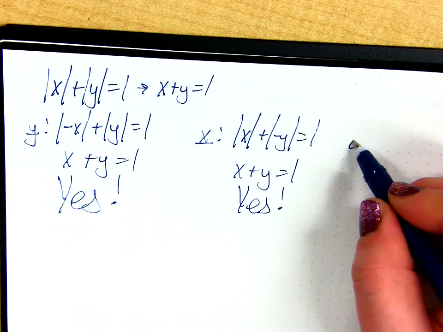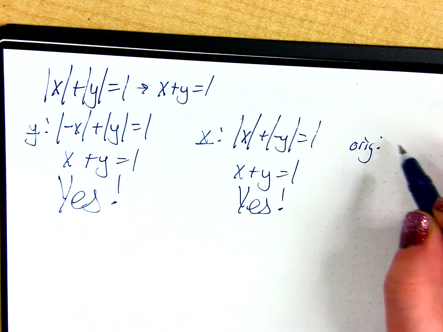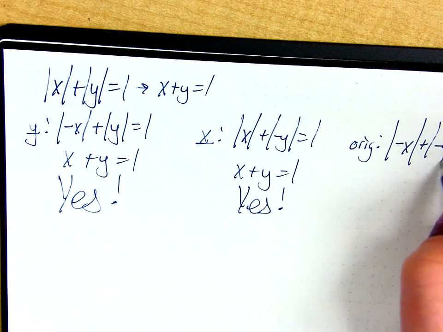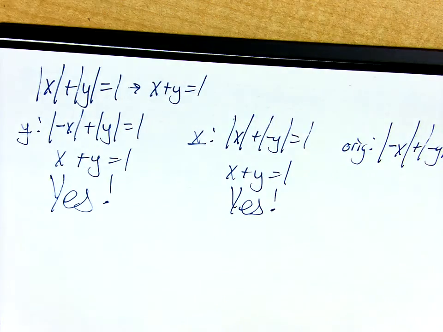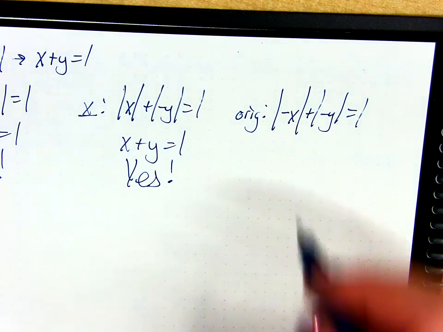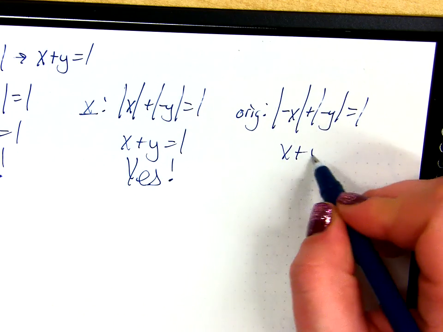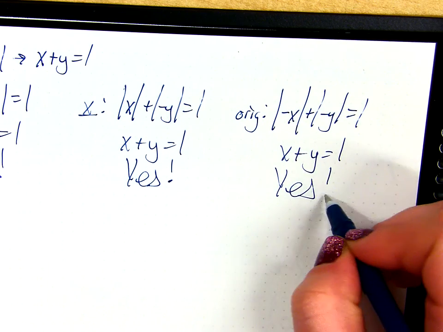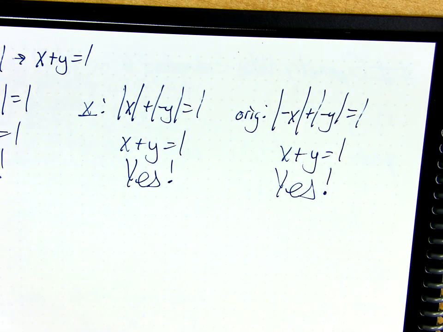And how about the origin? If I replace both negative x and a negative y,